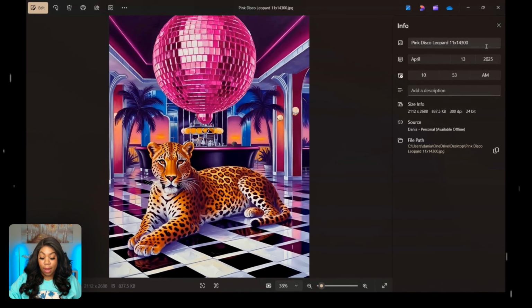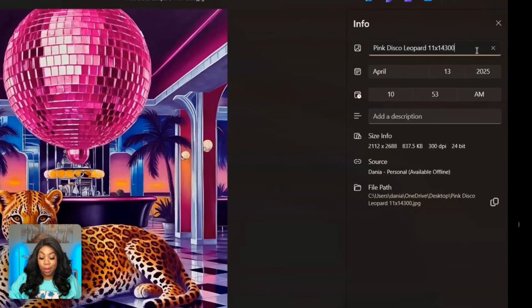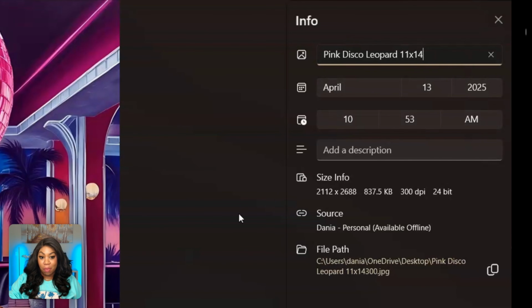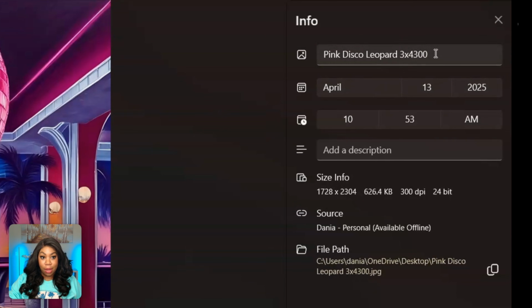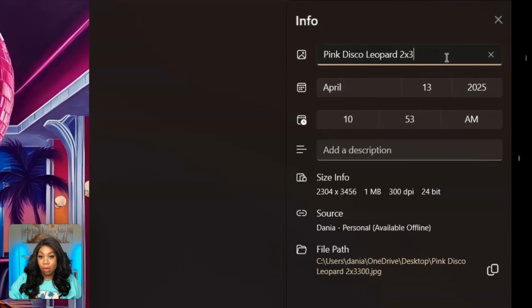The only thing that you'll have to do if you want is when you save them from that website that I showed you, it'll put 300 at the end of the file name. So I'm just going to go back and delete it. I'm going to click here and just delete the 300 and then delete the 300 from the 2x3, and we're